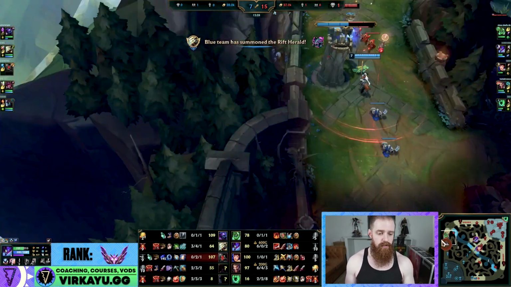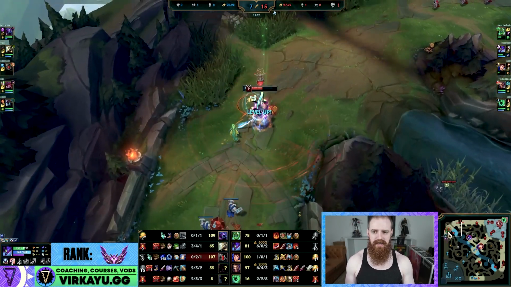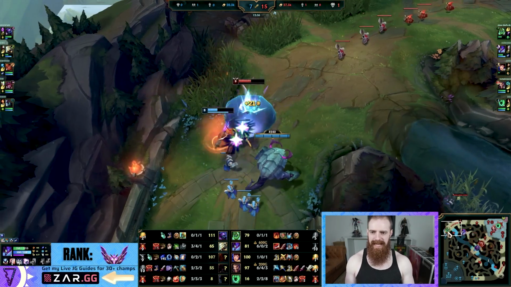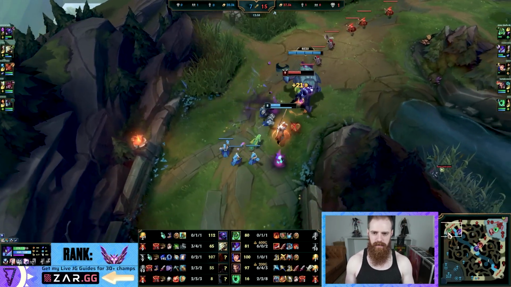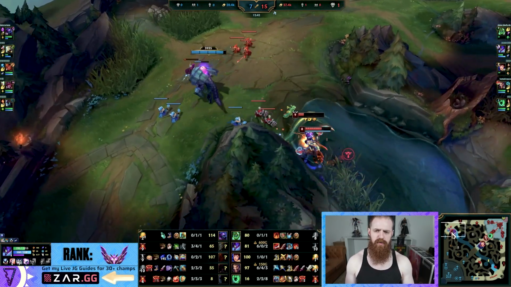Yi shows up, top lane, activates a Herald. He is going to try and shove this out here, beat the Zac. Let's observe this battle of champions. Yes, bounce. He is waiting for the alpha cooldown reset. KHA'ZIX has shown up. Oh...